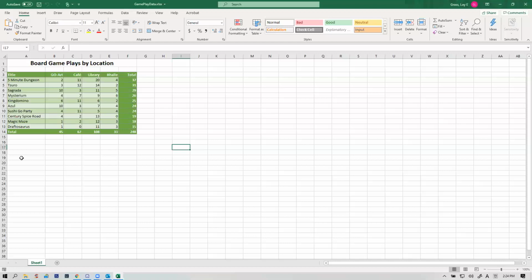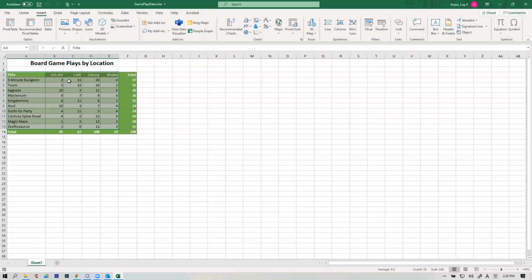So the first thing I want to do to graph my data is highlight the data I'm choosing. And you notice that I do include my titles, in both up and down, but I don't include the totals. You never include the totals on your graph. The totals are much larger than any other data point. So if you put the totals in your graph, it's going to make the whole graph look wonky. So yes titles, no totals.